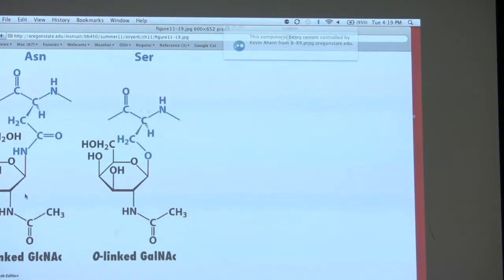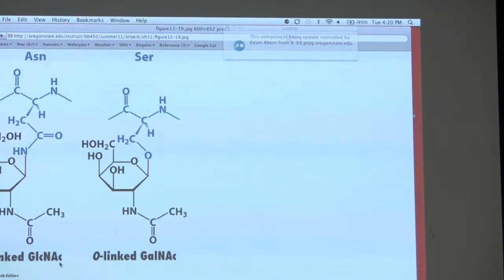Now, what we see on the screen is the way that the carbohydrate portion of a glycoprotein is attached to the protein. Two different types here. One type, we have what are called N-linked glycoproteins, and the other are what we call O-linked glycoproteins. The N-linked glycoproteins, you will note, arise from a linkage through asparagine. So here's the protein sequence up here. Here's an asparagine side chain, and the asparagine side chain is linked to